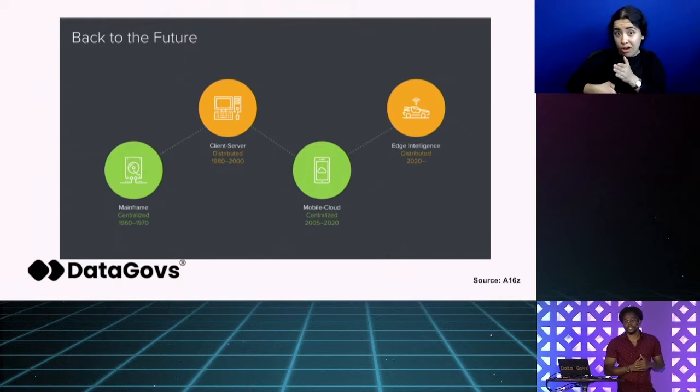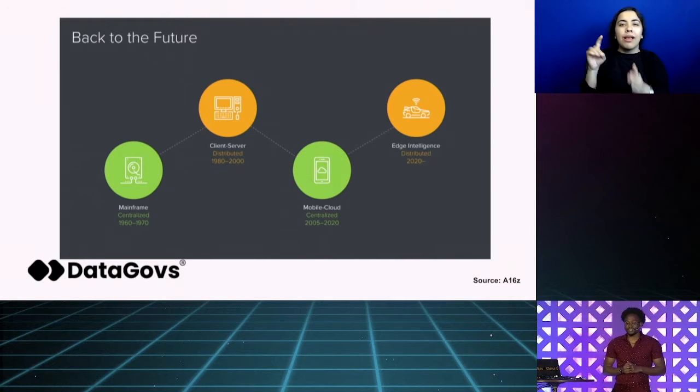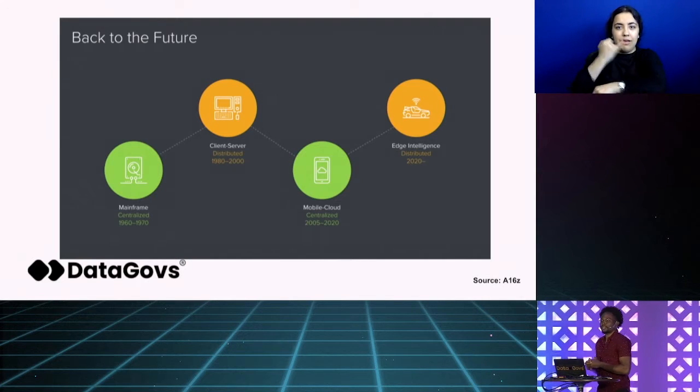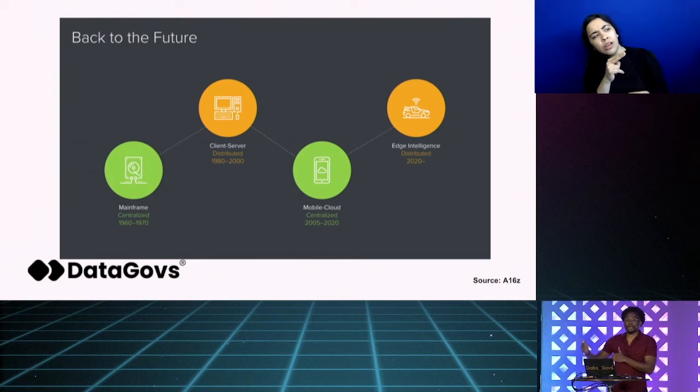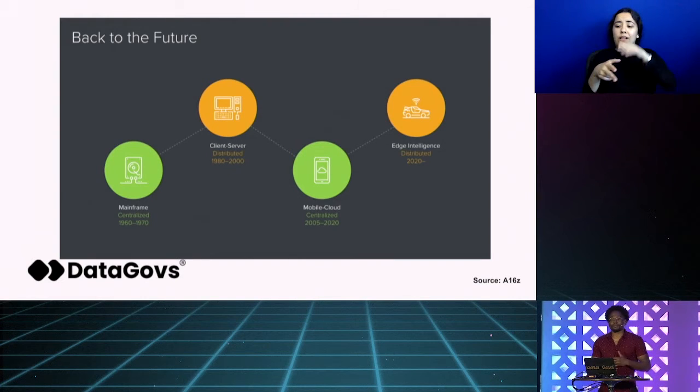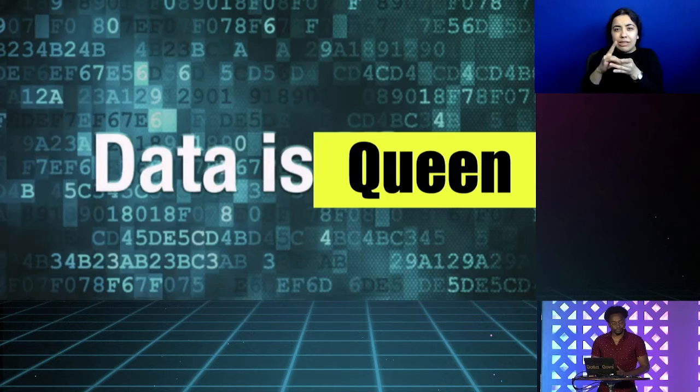We see a shift, and that's coming back to edge intelligence, which is distributed today. And you've probably seen it. If you're here in Miami Beach, you've probably seen an autonomous vehicle driving around. You've probably looked out and seen a solar-powered machine around. There are a lot of things today that now have the same or similar compute and processing power as our cell phone. And now the question becomes, what happens when all of these things need to connect to the internet? What is the API that connects them?